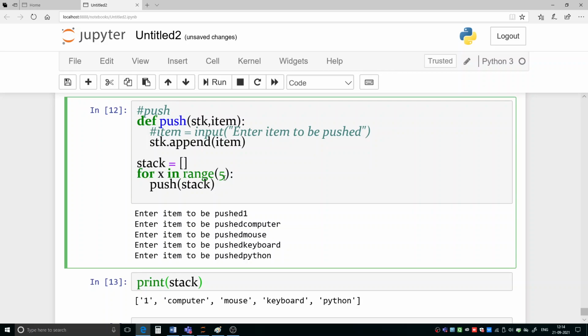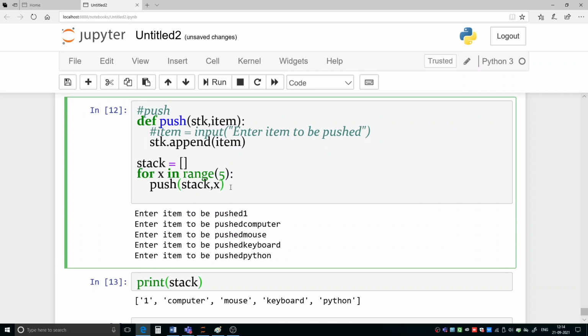So here you can give like this stk and then x. So what will happen now, for x in range 5, in what way we are calling the function push stack, and what has to be pushed here, we need to push x itself. So whatever the value of x is, that will be pushed on the stack.